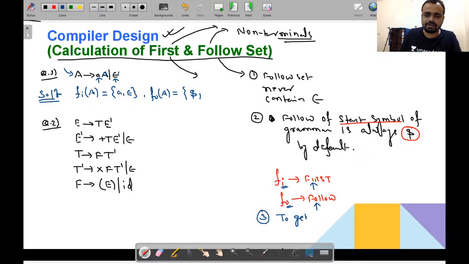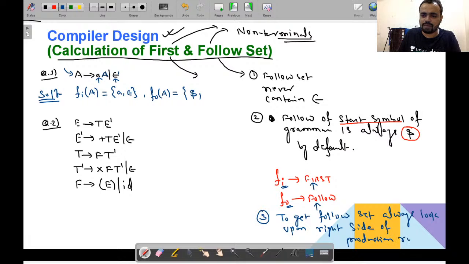To get the follow set, always look upon the right side of the production rule, right side of the production rule। तो कभी भी आपको अगर फॉलो सेट फाइंड आउट करना है तो यू हैव टू लुक अपॉन द